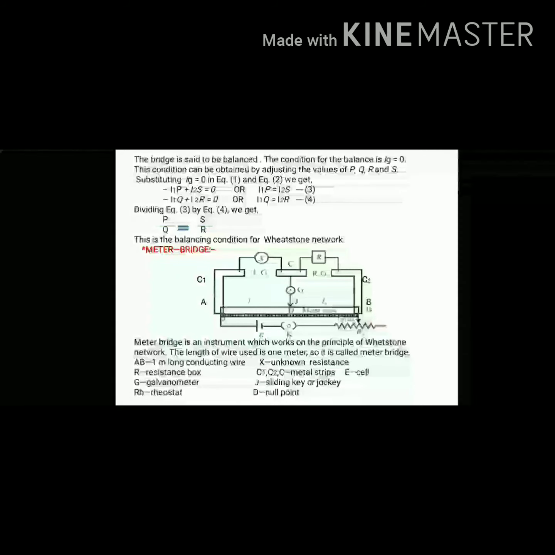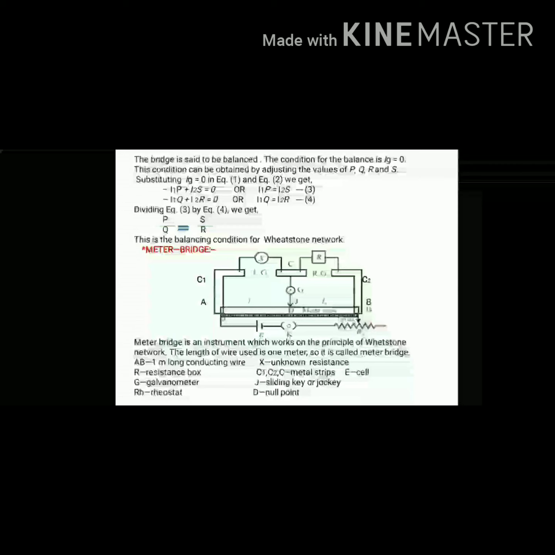Null point means, as we studied earlier in the meter bridge, even though current flows in the rest of the circuit, the galvanometer will not show any deflection. It is called the null point. Here capital D is the null point. Then here